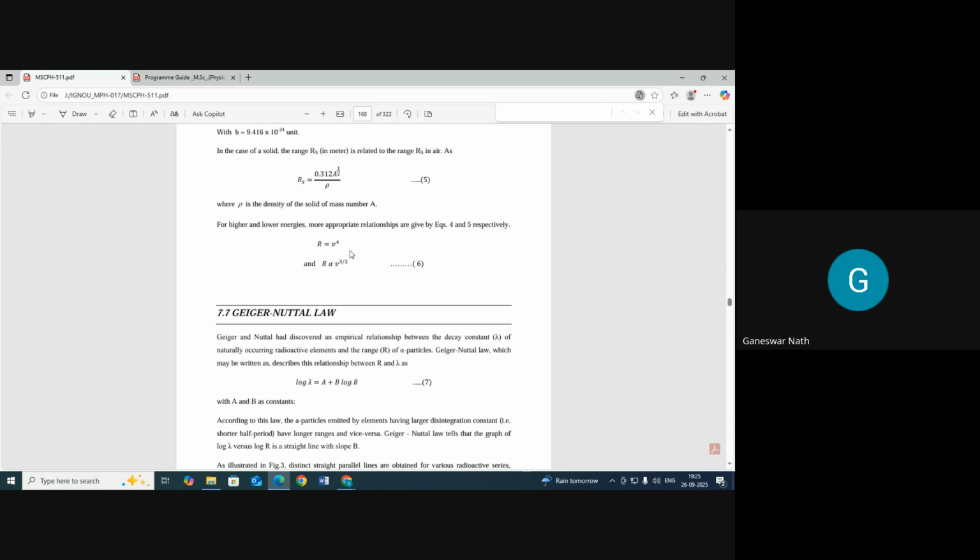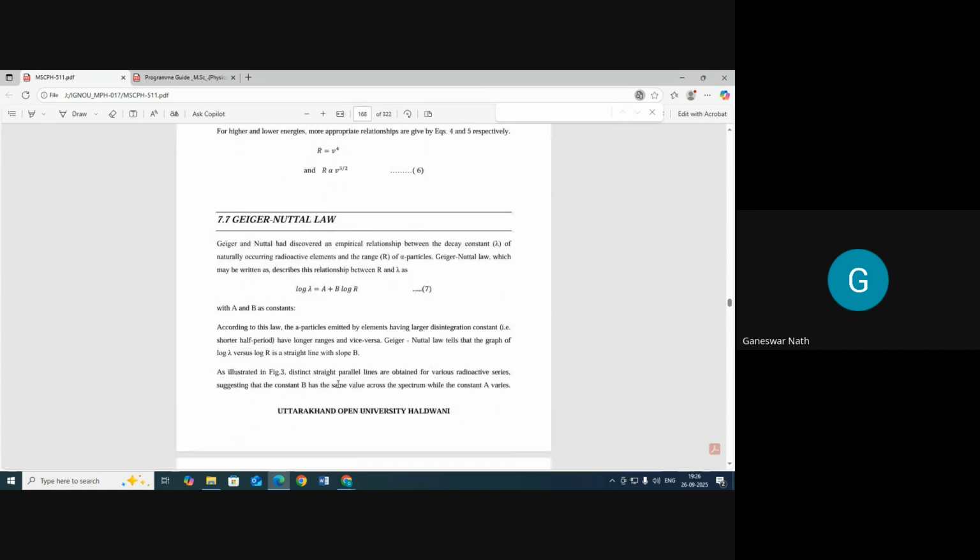Establish a relationship between the range and the velocity of the alpha particle. Then the Geiger-Nuttall law. Geiger and Nuttall discovered an empirical relationship between the decay constant of a naturally occurring radioactive element and the range of the alpha particle. The Geiger-Nuttall law may be written as log lambda, that is